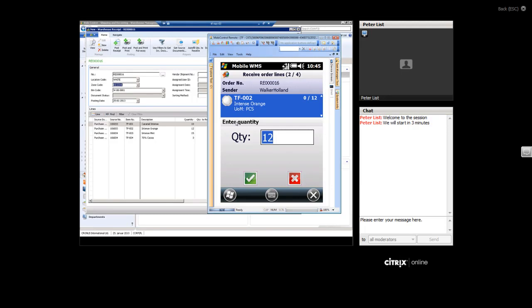Receipt to receive here, and I'll scan the next item. As you can see, if everything goes according to plan, the user can simply scan, verify the quantity, and then scan again. There's very little actually touching the screen. This next item